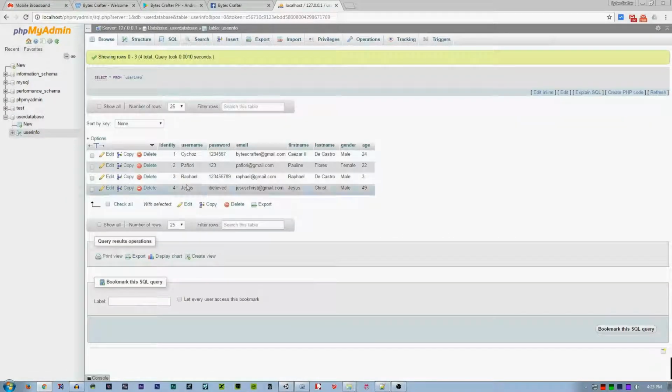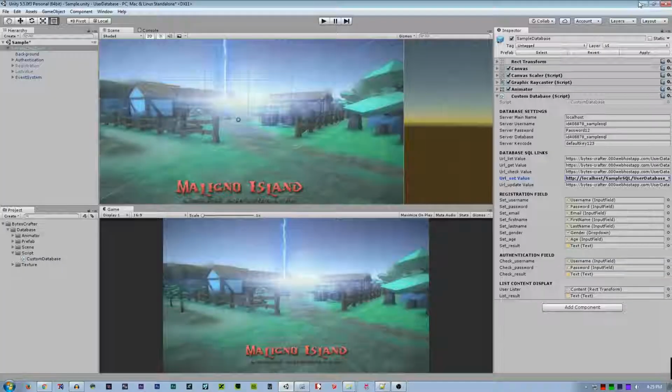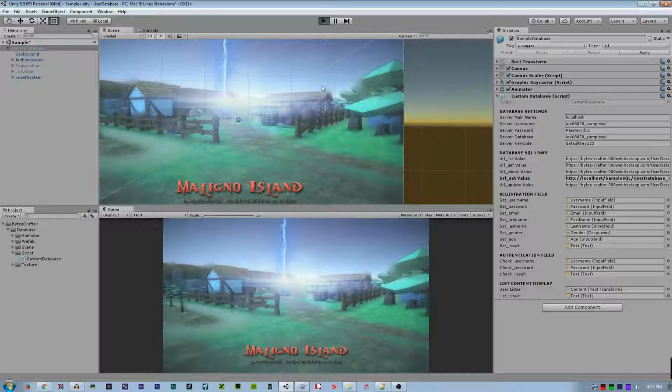So we have only 4 accounts, so after pressing register, it should add to that database.